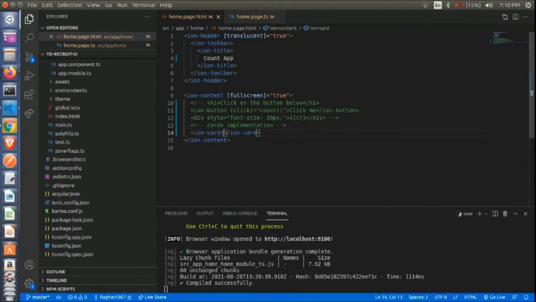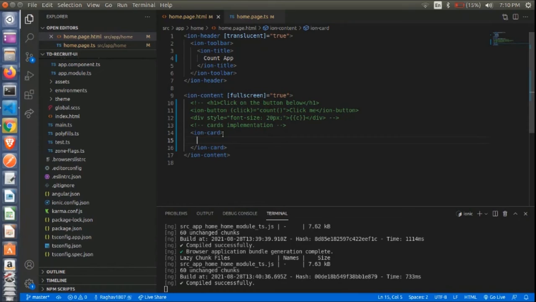As you can see, the closing tag of ion-card has automatically appeared after I put the greater than sign over here. So that is one of the uses of VS Code. Now I click enter. Now ion-card has various sub components like ion-card-header, which gives the heading of the particular card.